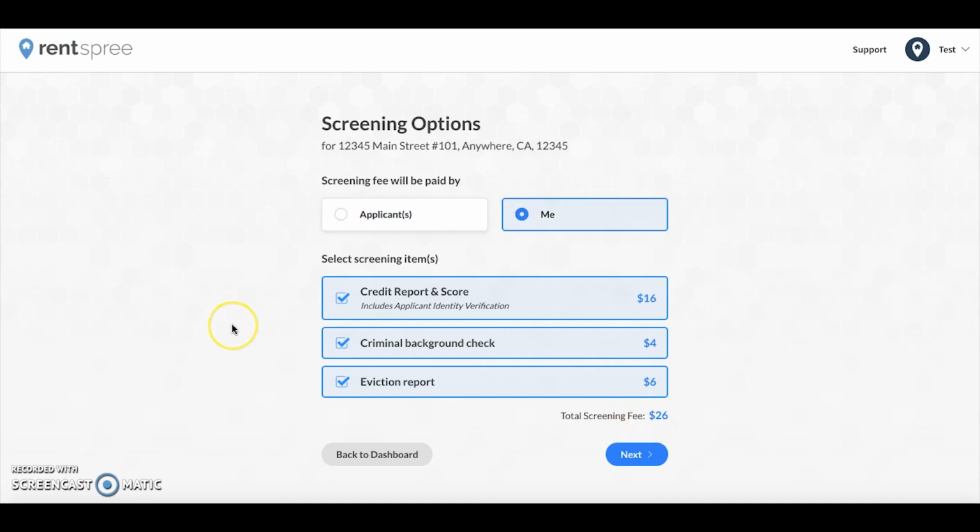If Me is selected for you to pay the screening fee yourself, you will notice that the price changes to a total of $26, with the credit report being knocked down to $16 and the eviction report going to $6. Once you have selected who pays and which screening reports you would like, you can click on Next,